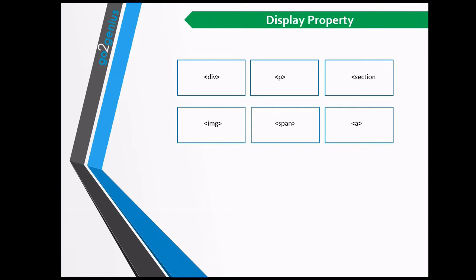As I told you earlier in my previous video, every browser has its default CSS and the browser applies this CSS on all HTML elements. When we write our CSS for the elements, our CSS overrides the browser's default CSS.